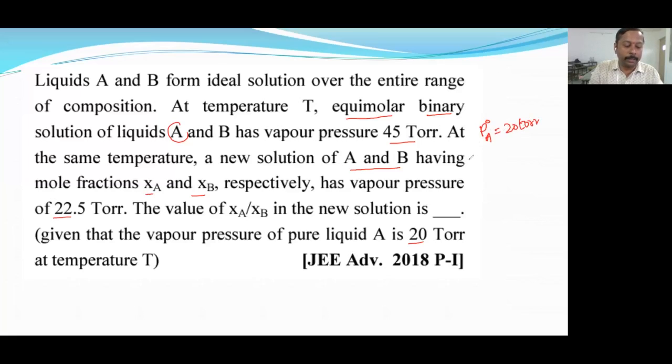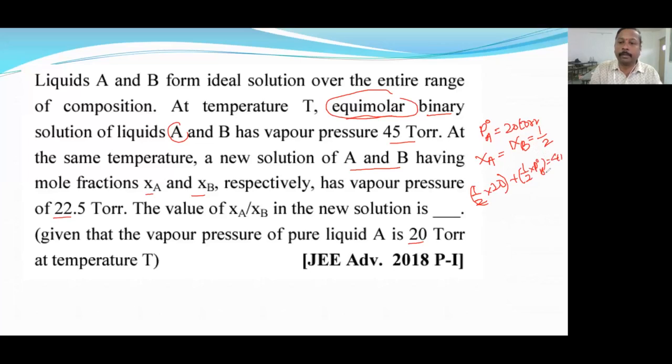Okay, and XA is equal to half of XB. Why is it so? Because equimolar. In the first solution, it is given as equimolar, so the mole fraction will be the same. XA is equal to XB, so it will be 1 by 2. So you can substitute here 1 by 2 into 20, P naught A, plus 1 by 2 into P naught B, which we don't know,